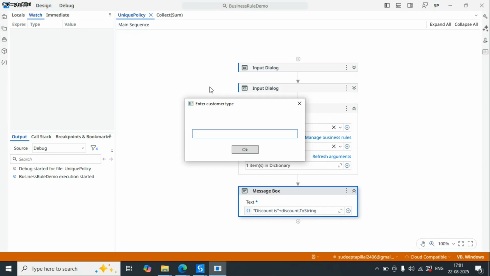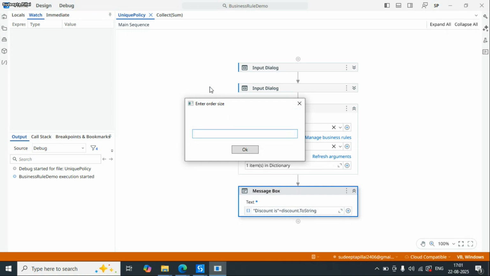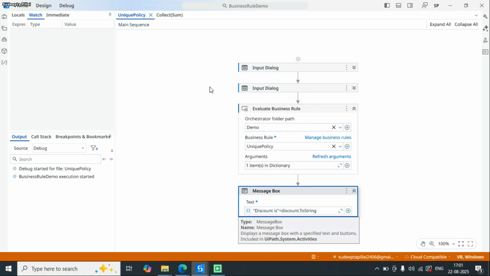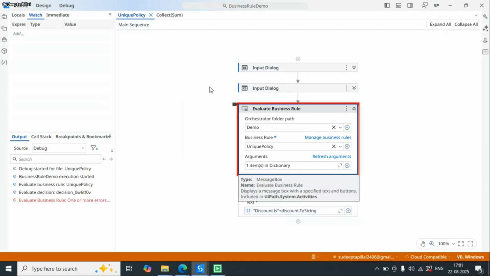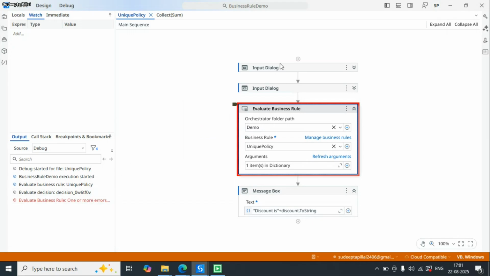Customer type, I will add business. Order type, for now I'll add 5. Okay. So now it has an error. So what exactly is that? Even though we provided the input, here we didn't get